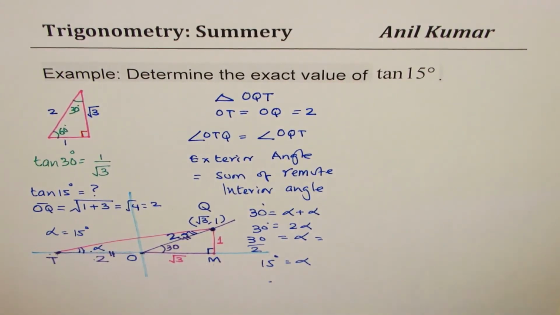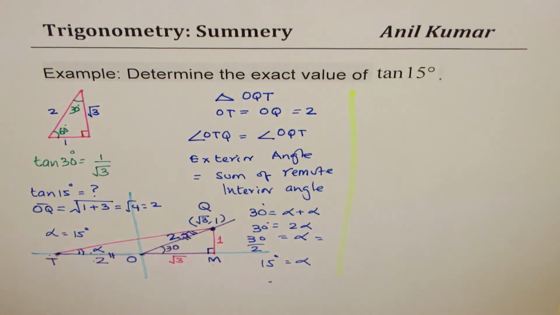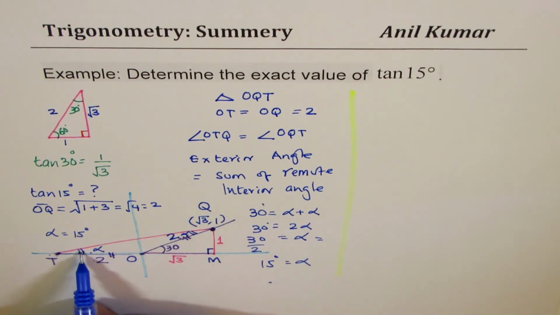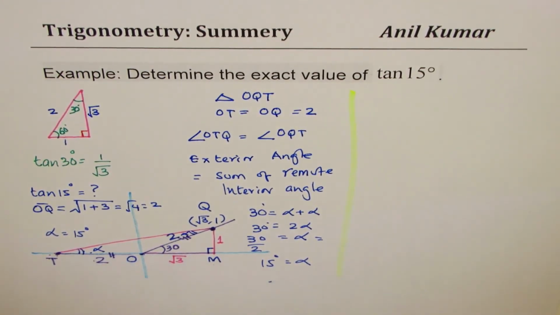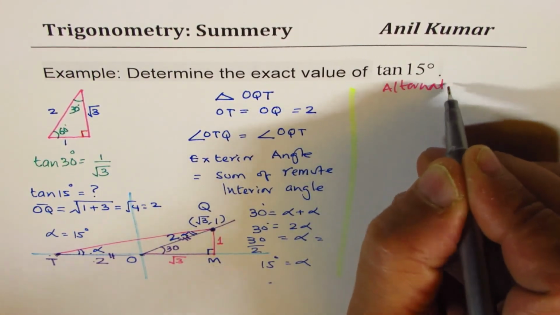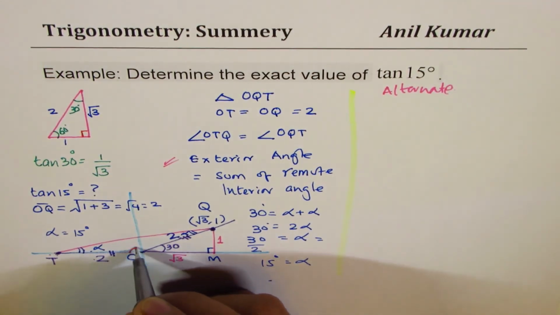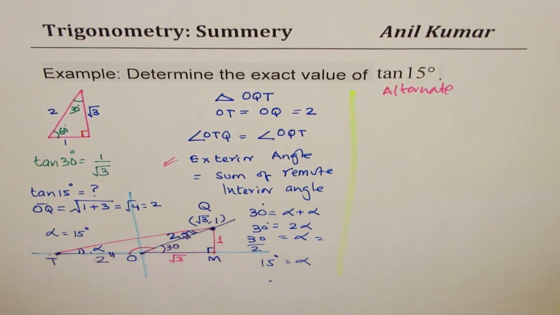So what we learned just now with this exercise is that by taking this point, we could get the angle 15 degrees at point T. Correct? You could do it the other way also. Let me write down the alternate solution, if you don't remember this part. The alternate solution is, what is that angle? So the alternate solution is that angle